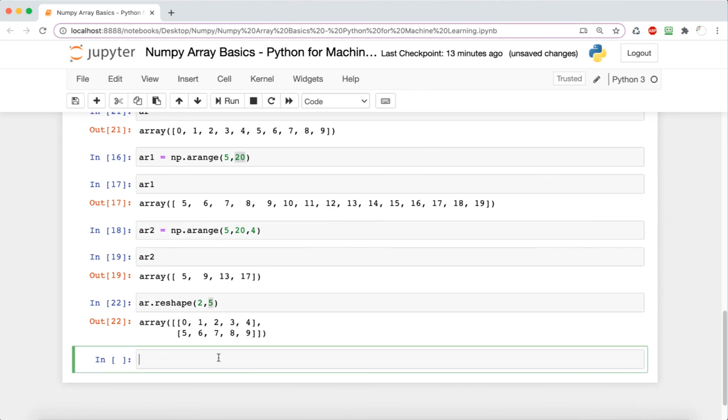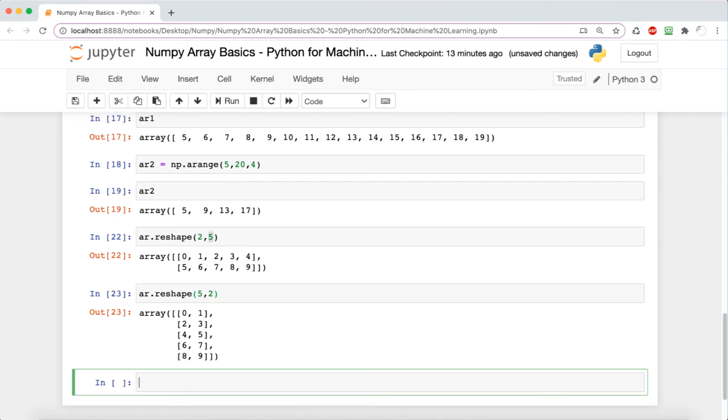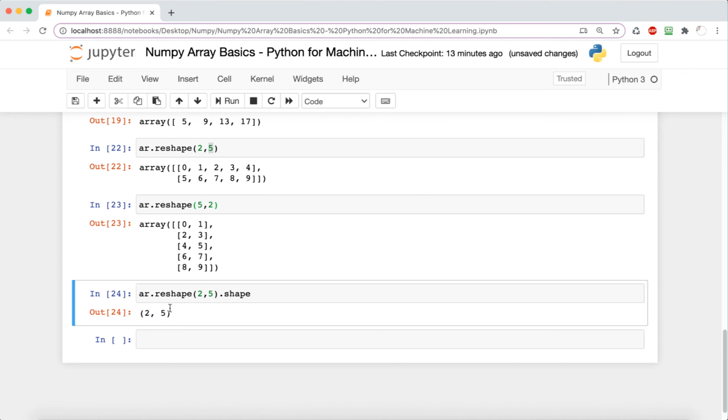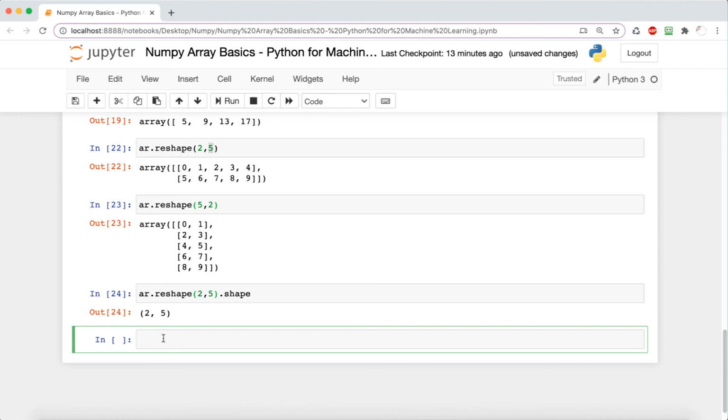One way to see if a reshape will work is if both the values multiply to the original parameter. So 2 times 5 is 10, 5 times 2 is 10, so both of those work. And we can actually see the shape of this, and it'll just output 2, 5, because that is the shape of our reshaped array: 2 rows and 5 columns.